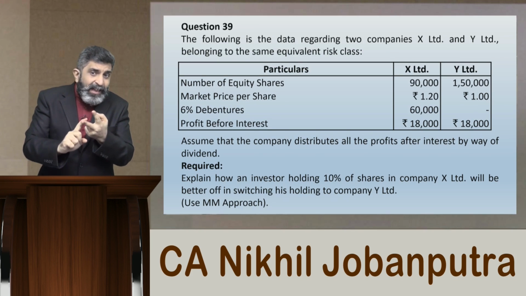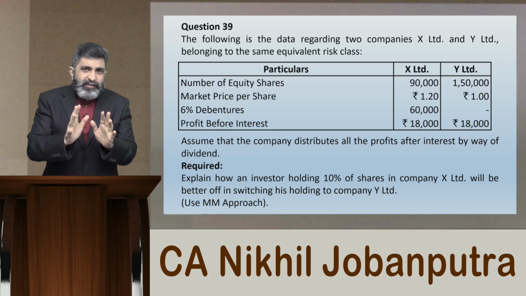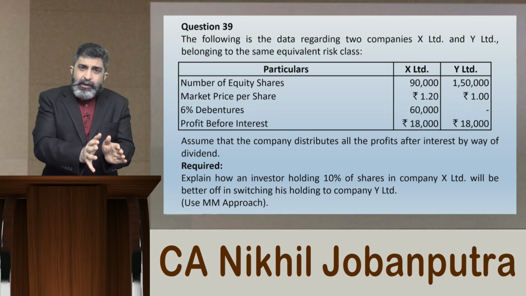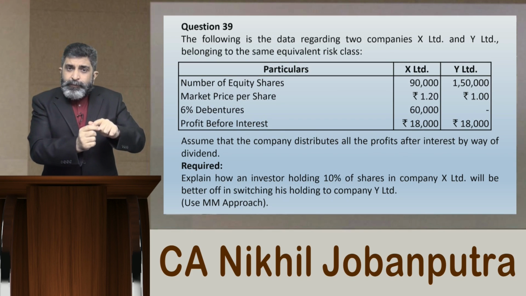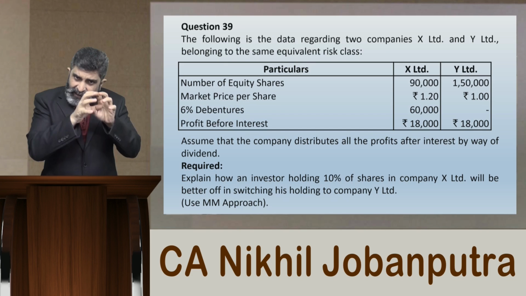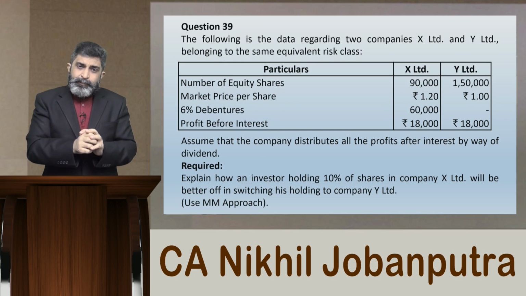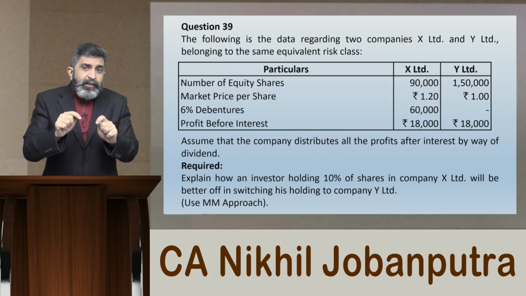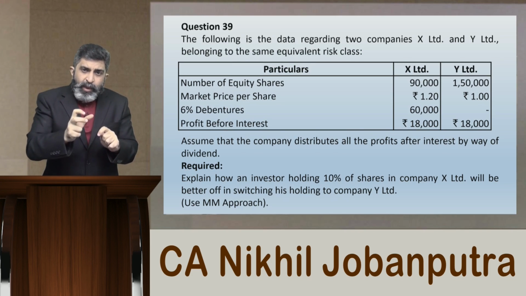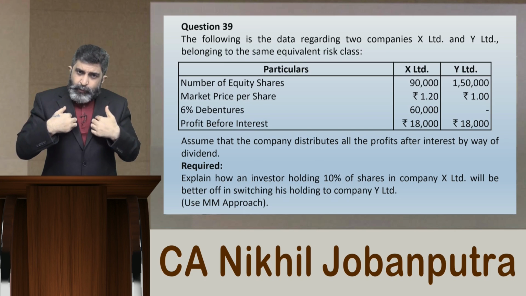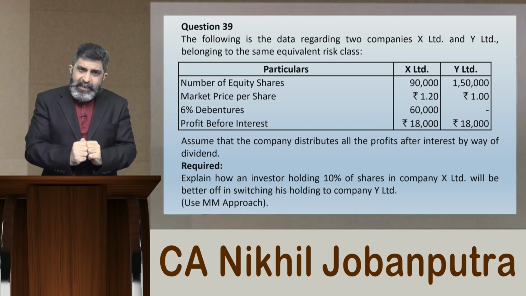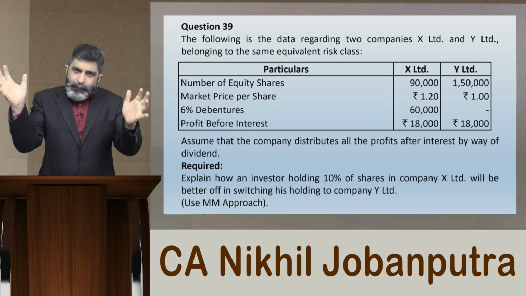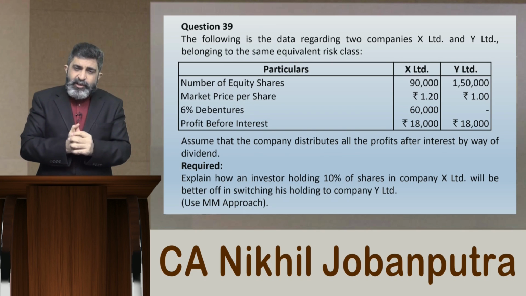I will need more money to invest. From where should I arrange that more money? The simple thing is, if I am selling the shares of the levered company, I am getting rid of the proportionate burden of that liability towards that debt. So, as per MM's model, what you need to do is borrow that much proportion as a shareholder, as an investor. I should borrow privately, from banks or any other financing institutions.